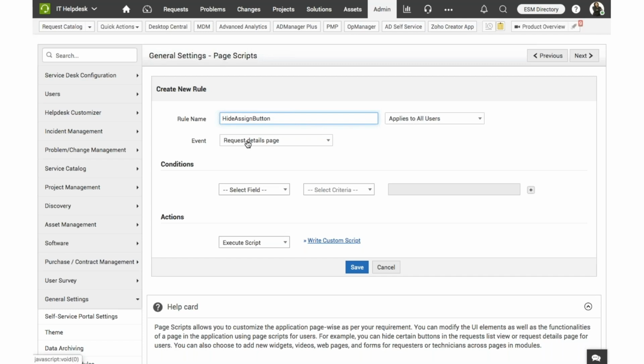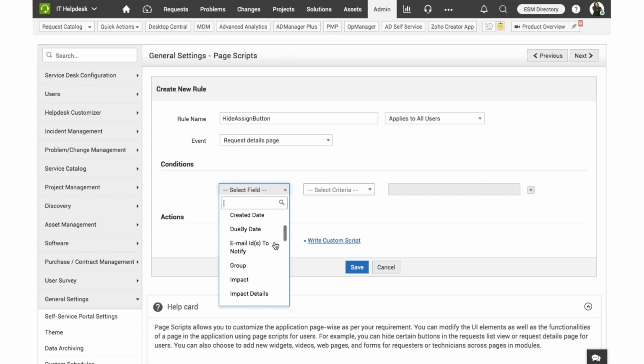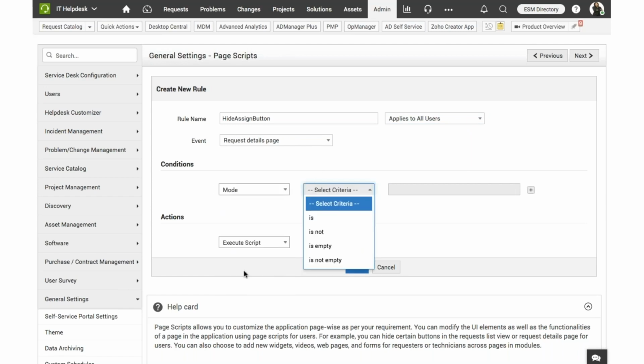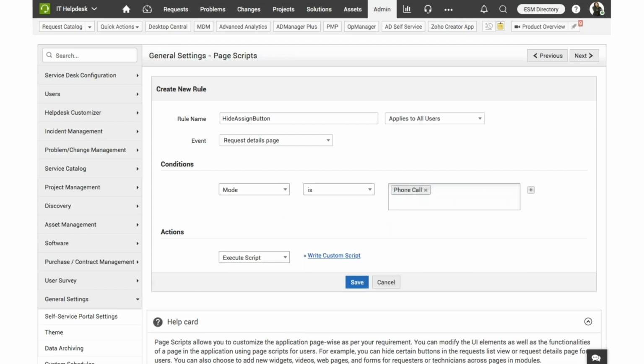Yeah, and it applies to all users. Here, as you can see, you can create pages only for technicians. You can customize the way a page appears to the technician, the way a page appears to a requester, and also to all users. So for now, we're going to do this for all users, and we're going to manipulate some data in the request details page. And the condition, as I said, is that if the mode is phone call, I would like to